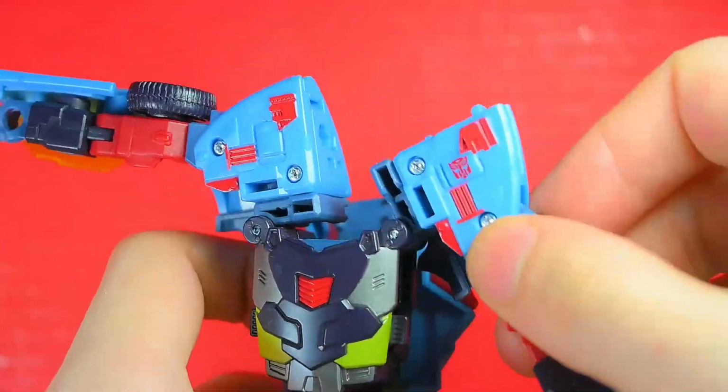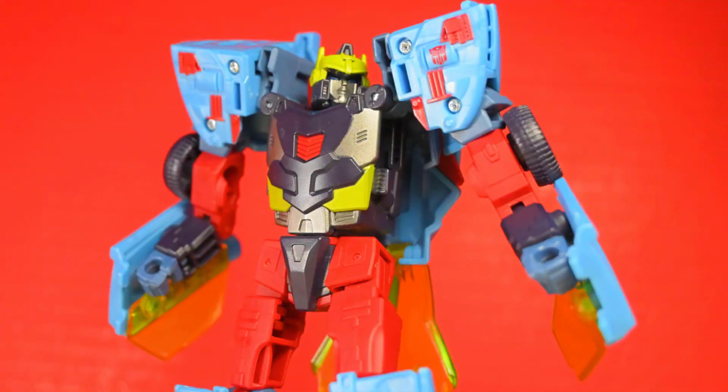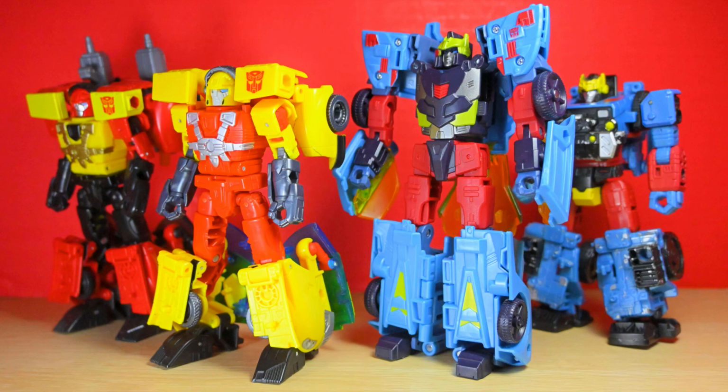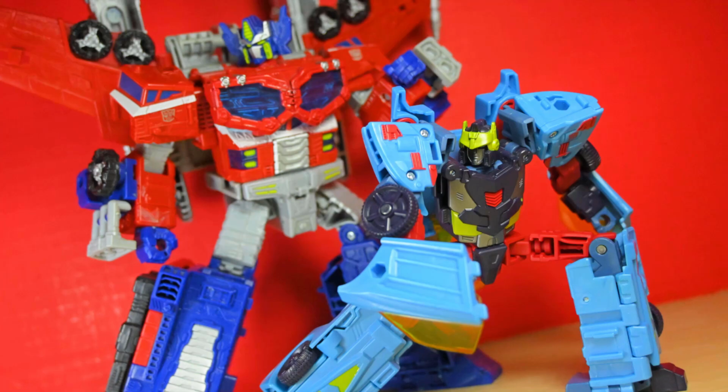Robot mode. This revamped version has a few changes, but it's vastly better compared to Siege repainting a Hound. Actually, all we're missing is the Energon version. He's a little smaller, but not as small compared to the original Cybertron toy, but I wish some painted parts